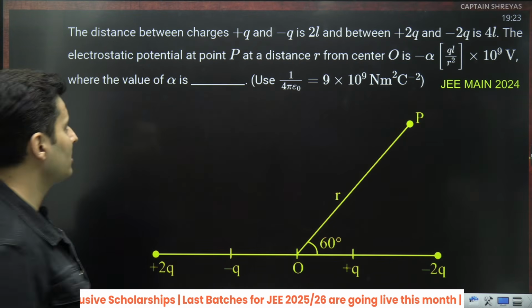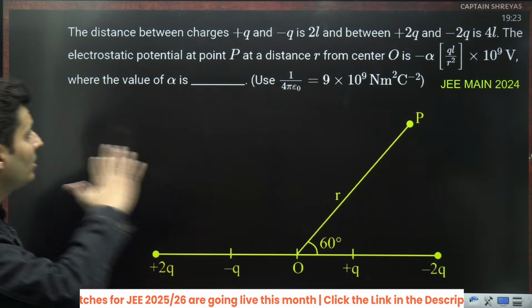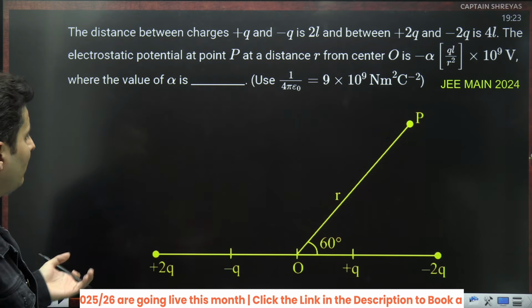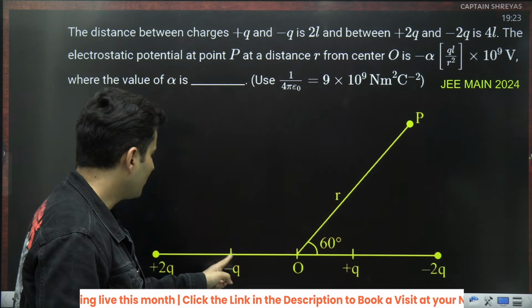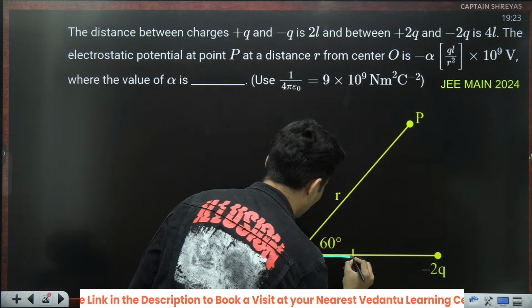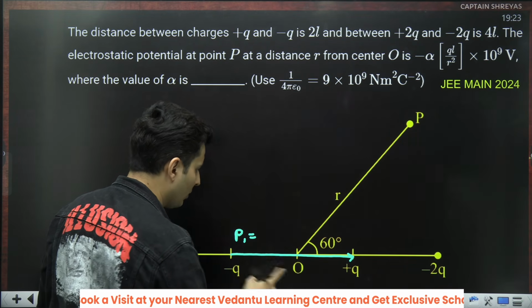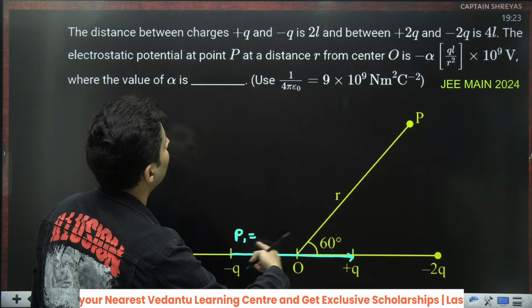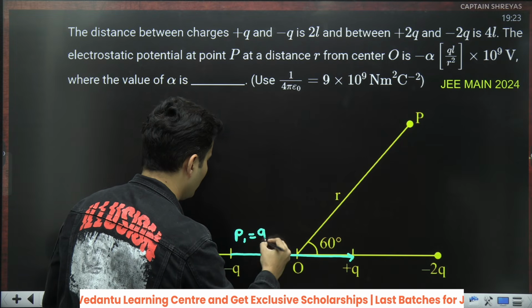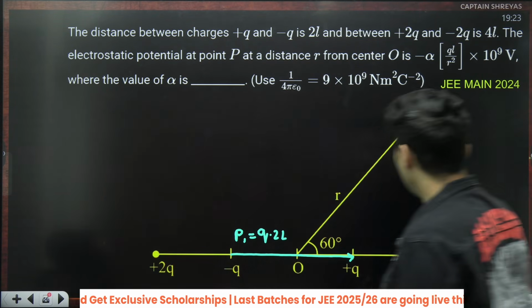The distance between the charges Q and minus Q is 2L. Between 2Q and minus 2Q is 4L. The electric potential at a point P is how much? Okay. Now, if you just consider this dipole, that is from here to here, which has a dipole moment of Q and the distance is 2L. So Q into 2L is the dipole moment. The electric potential at this point,